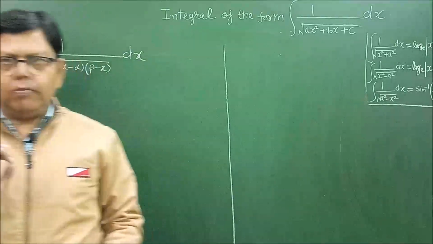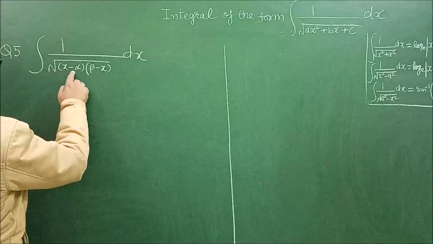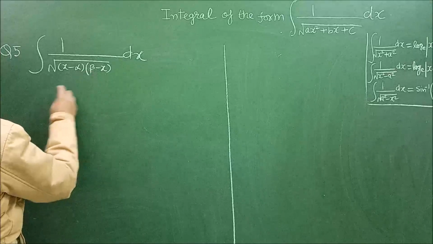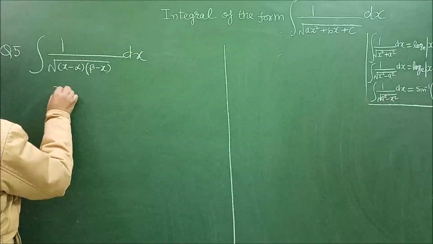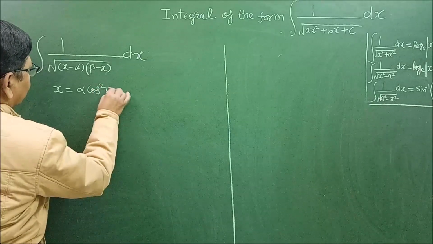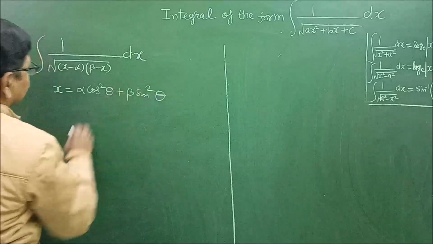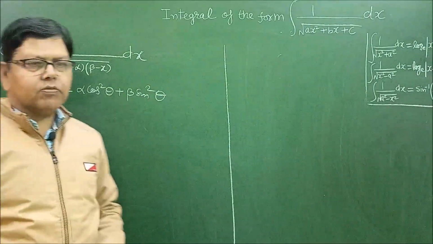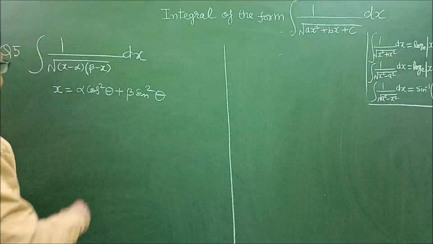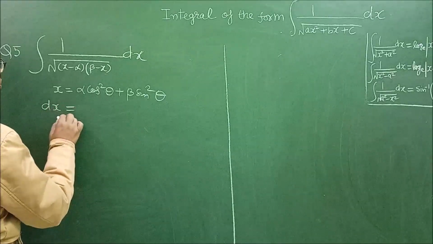Next question, question number 5. Find the integral of 1 upon under root x minus alpha into beta minus x dx. For this question, apply the substitution x is equal to alpha cos squared theta plus beta sin squared theta. Whenever the integral is in this form, x minus alpha, beta minus x, then this substitution is very useful. Now differentiating, dx is equal to alpha